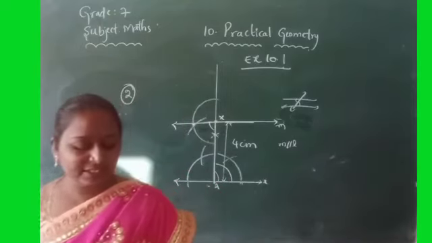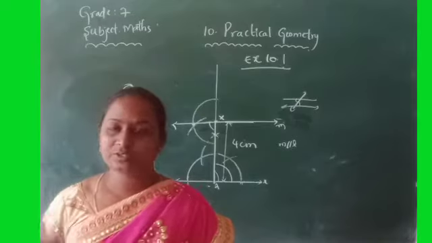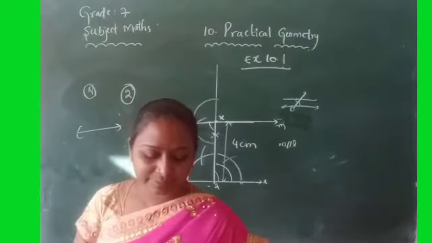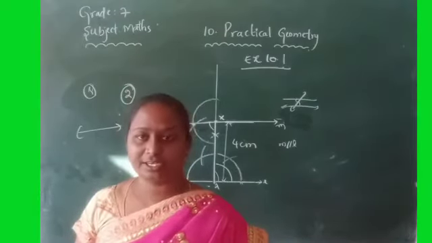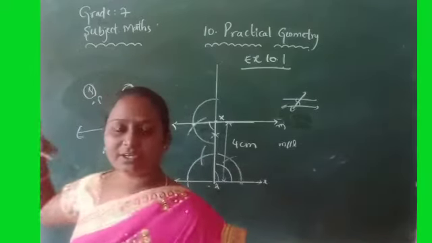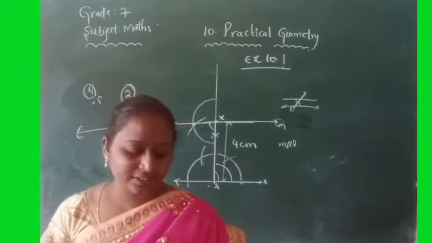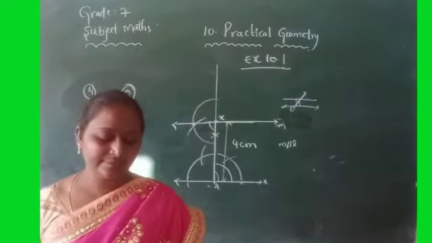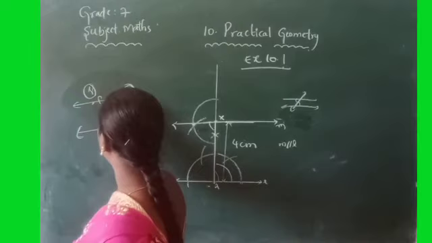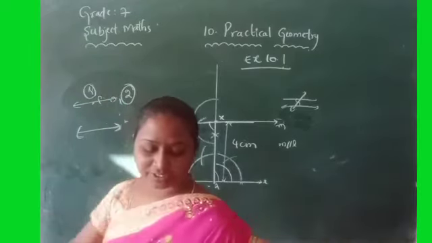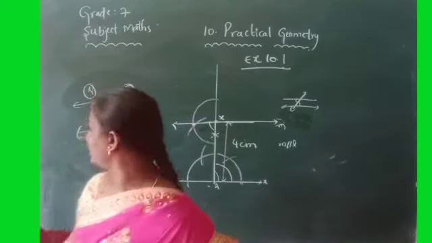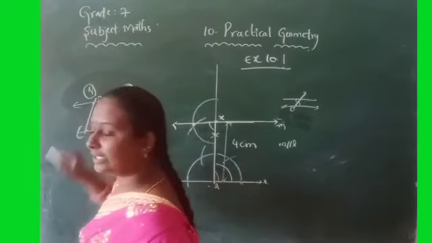Here the question is, let L be a line. Next, P is a point not on L, that means it is somewhere outside L. Next, through P, draw a line M parallel to L. So through P draw a line, and this is parallel to L. Like this we have to draw. Now join P to any point Q on L. Take any point Q and join that.